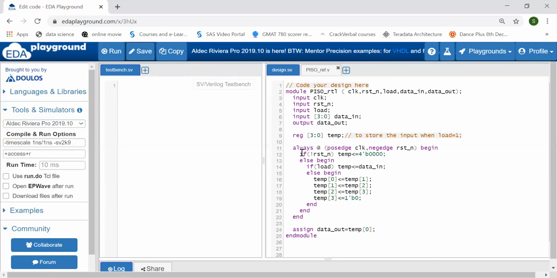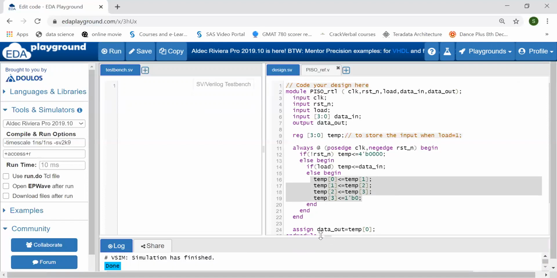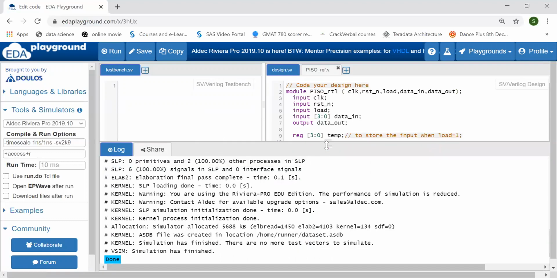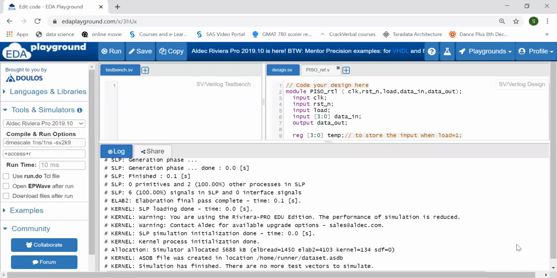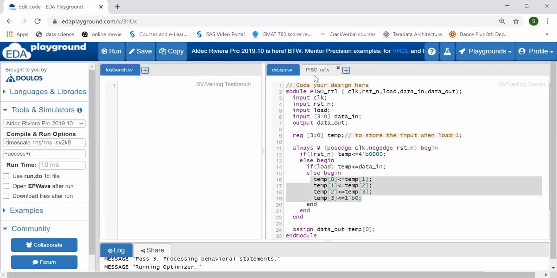Now remember this point: whenever I am designing a sequential circuit, I should use non-blocking assignment. Everywhere I have used non-blocking assignment. Don't use blocking assignment here, you won't get the required result. I don't think there is any syntax error, it shows 0 errors. So we'll move to PISO reference.